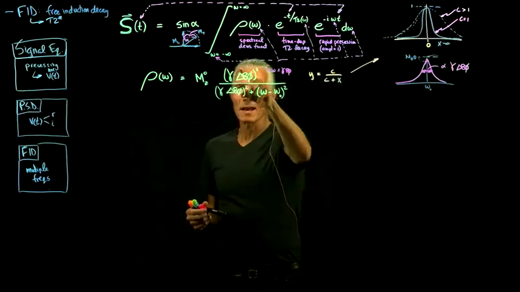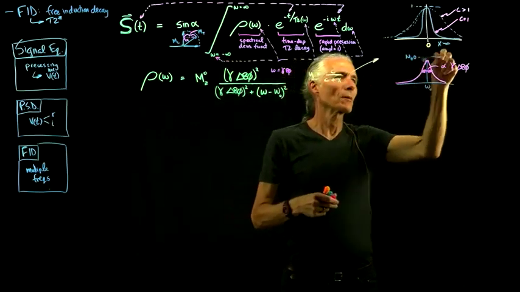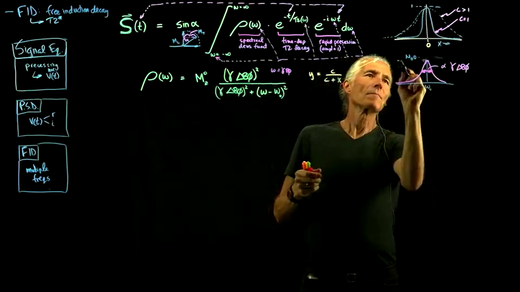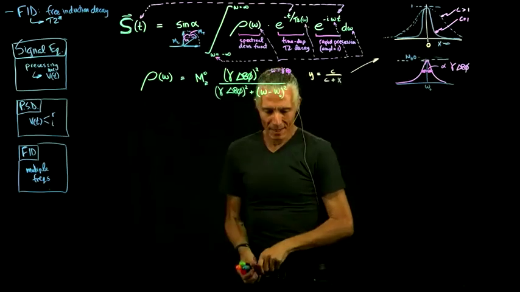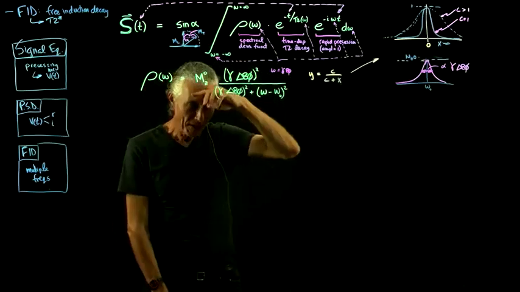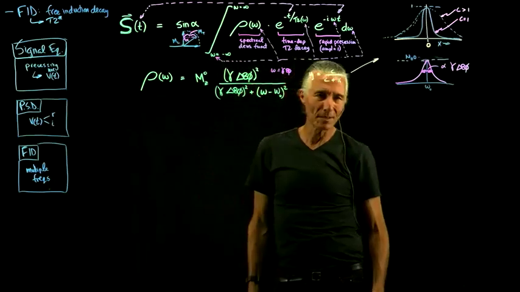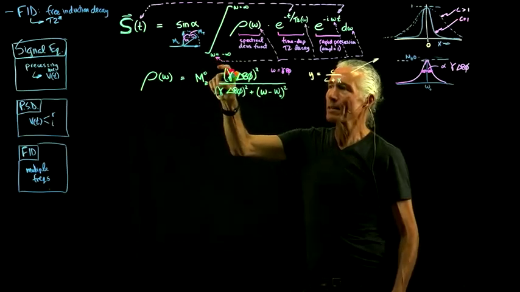So this knob allows us to adjust the width of this, and instead of going up to 1, it's been multiplied by MZ0. Now that we've stuck in this made up distribution of frequencies, which looks like our real frequencies,